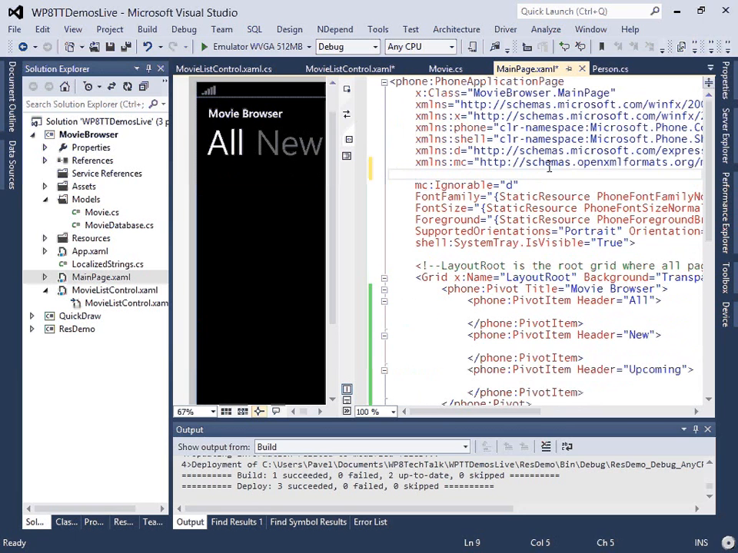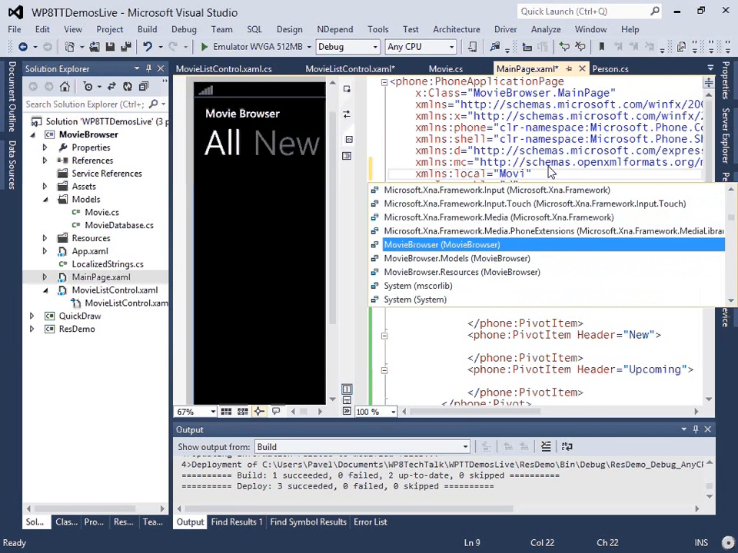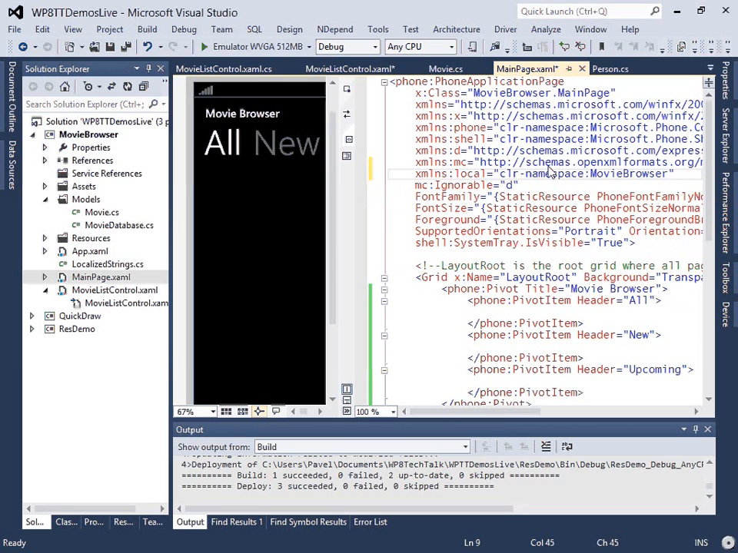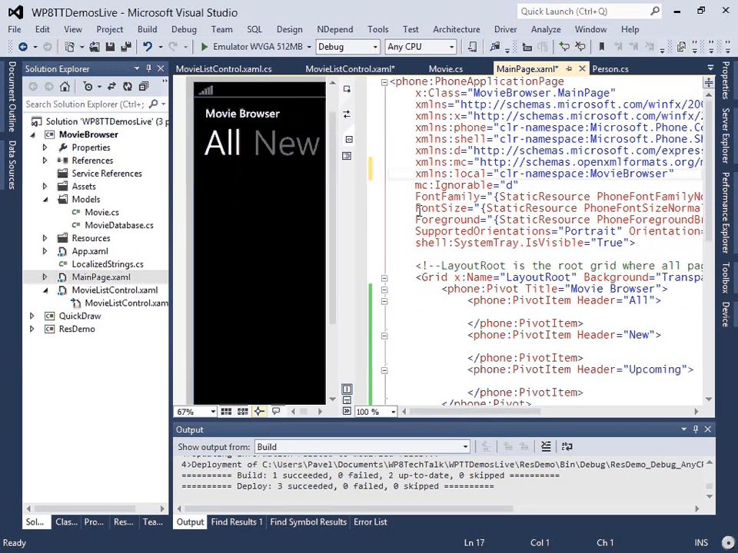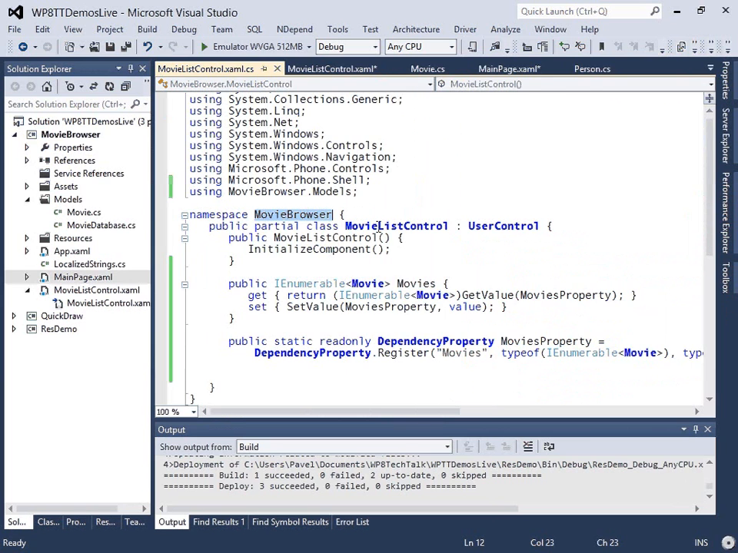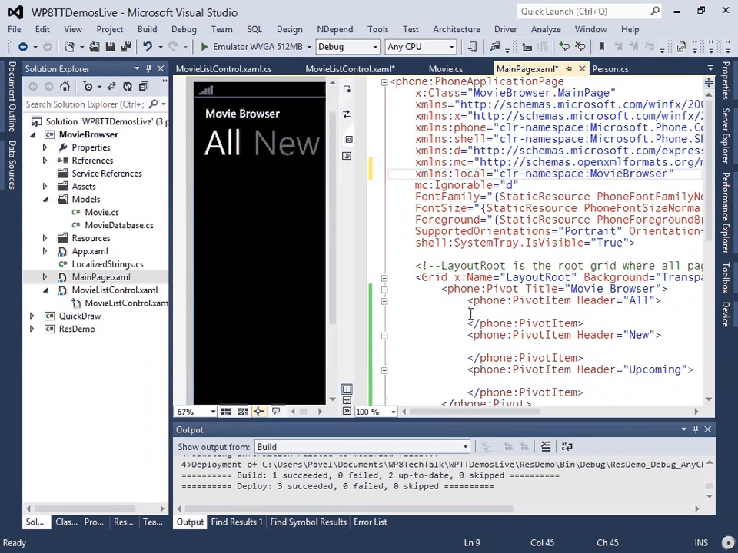So I'm going to use the local prefix I've defined previously. Just this time it's a different project, of course. This is the movie browser application. So I'm going to use the movie browser namespace, and this is where I placed my control. That's the movie browser namespace in my own assembly. So now I can write local